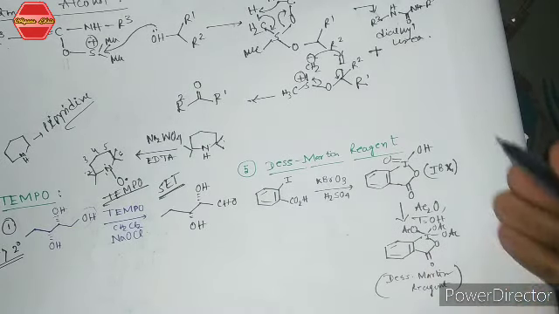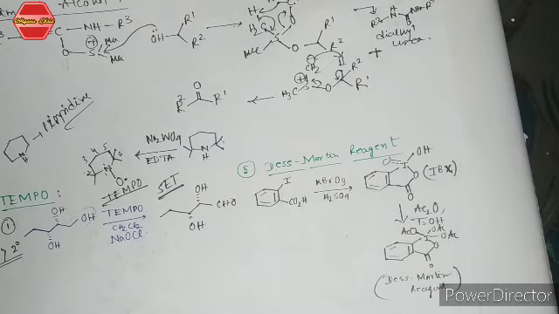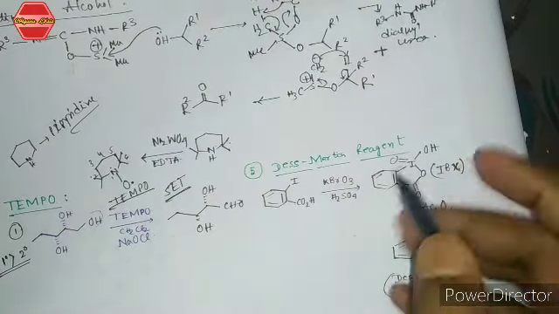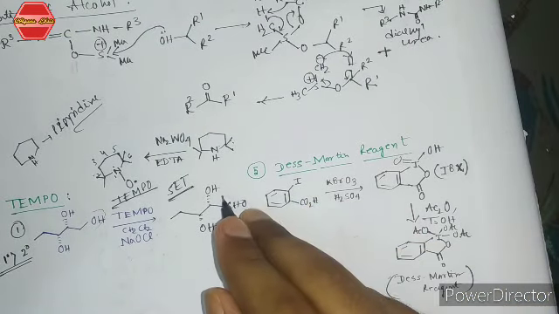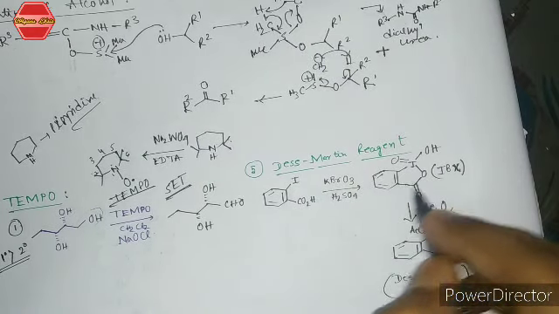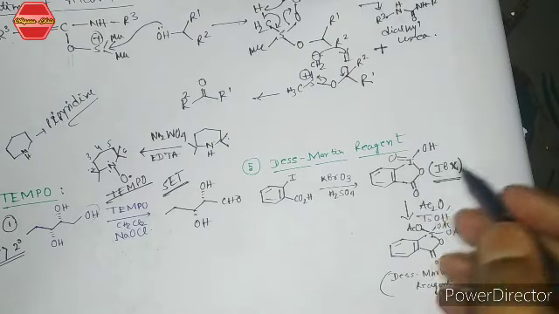They form this type of hypervalent iodine system, which will oxidize alcohol to ketone. So this is your 2-iodobenzoic acid. This iodobenzoic acid, in presence of potassium bromate and in presence of an acid, forms IBX. So this is your IBX,